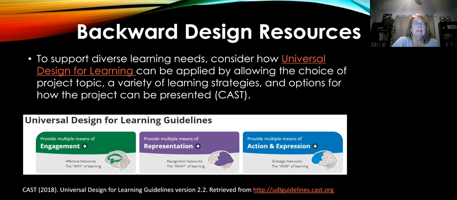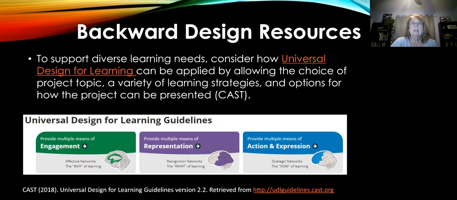Another idea is including a variety of learning strategies, and that relates to the UDL guideline of multiple means of representation. What that means is that students are learning about the different pieces that go into their final project, giving them options beyond just reading the textbook, beyond the classroom lecture. Are there videos? Are there websites? Are there journal articles? What are these supplemental ways that they can learn that help make that learning meaningful? The other idea